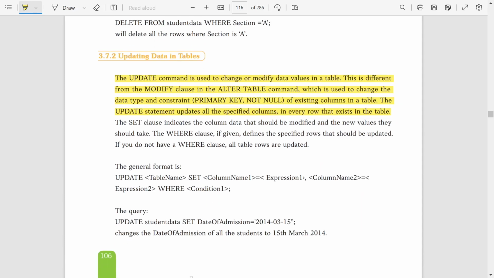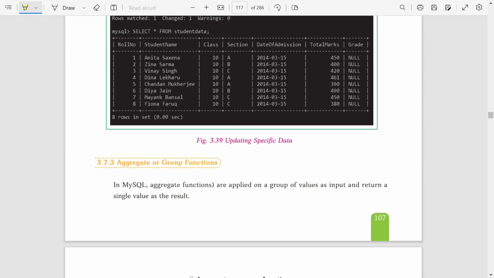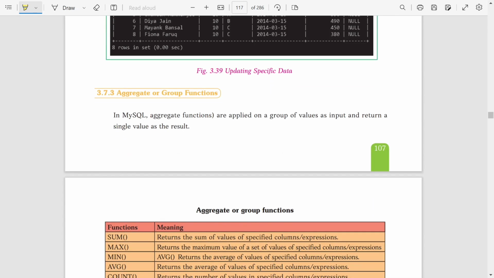After that, aggregate or group functions. What is a group function? Aggregate or group functions are applied on a group of values as input and return a single value as result.